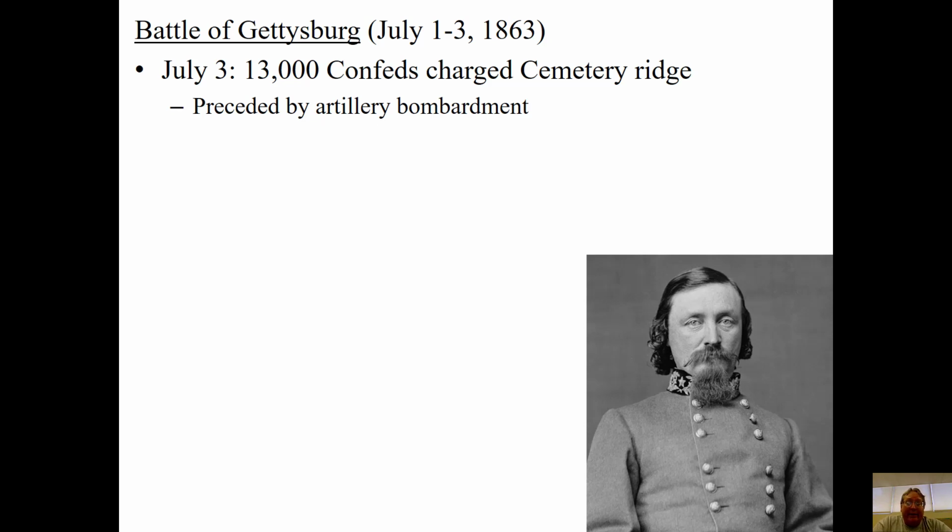Lee's getting desperate. He sees the handwriting on the wall. So he moves his army out of Virginia and attacks up through Maryland into southern Pennsylvania. And there in a little town of Gettysburg, Lee, with an army of about 75,000 men, runs into a 100,000-man army led by Union commander George Meade.